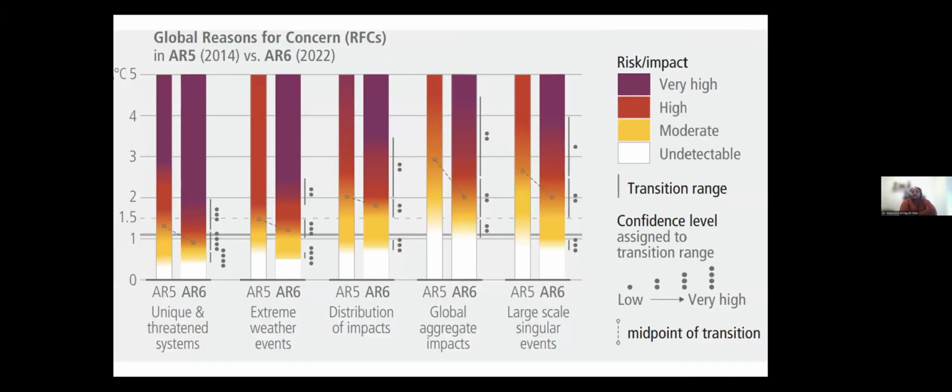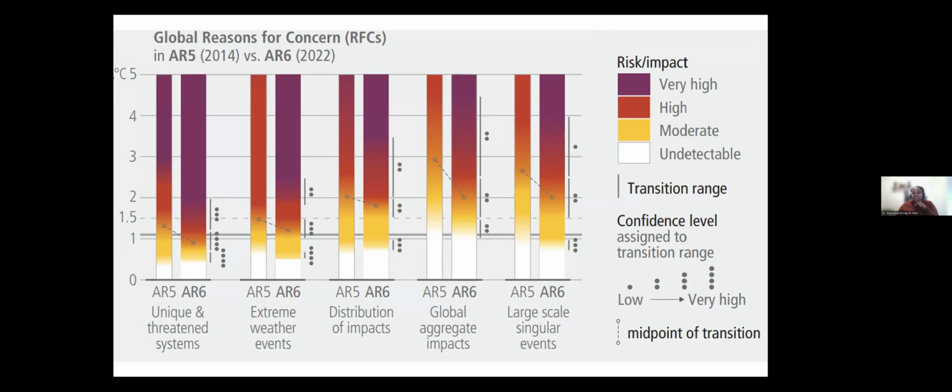The report goes further into explaining the compound impact of incremental increase in temperature. In 2014, the IPCC, if you see the figure here, you could see that it is divided into different color schemes, from moderate to very high. In 2014, scientists thought that possibly an increase in temperature by, for example, 1.5 degrees will give a moderate risk and reason for concern. Whereas today, considering more sophisticated methods and more findings, and we understand more the complexity